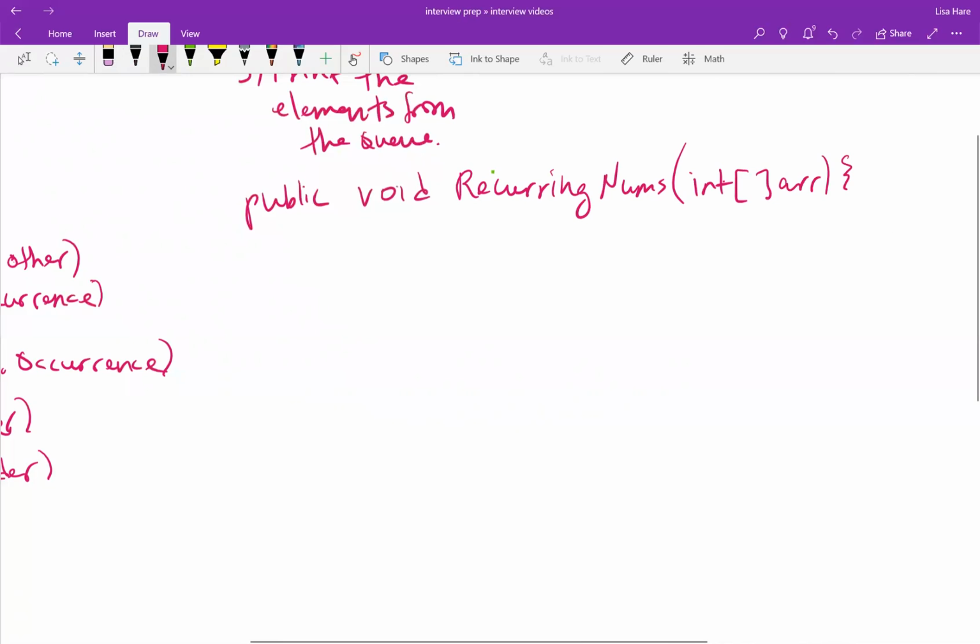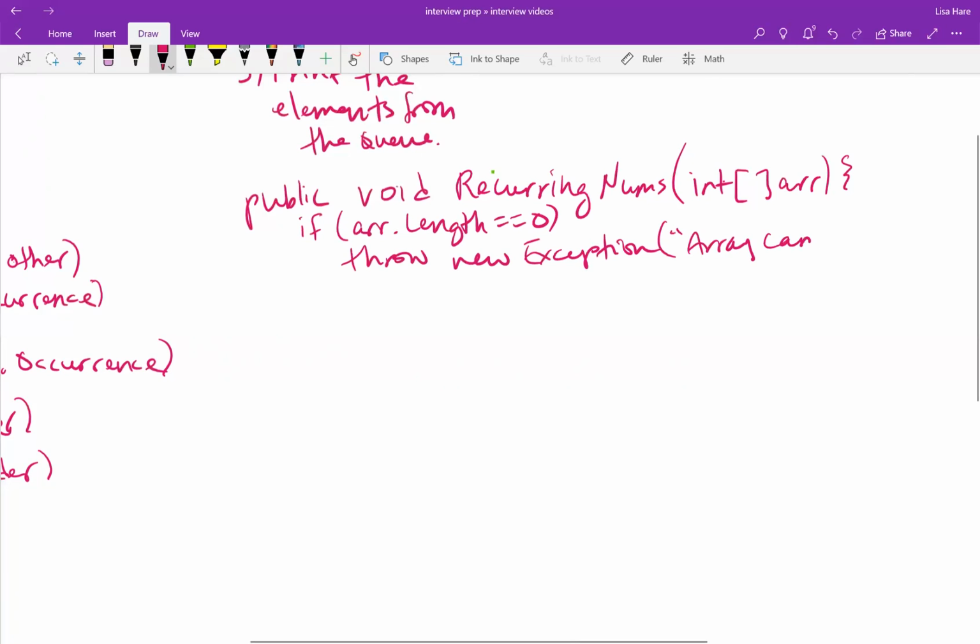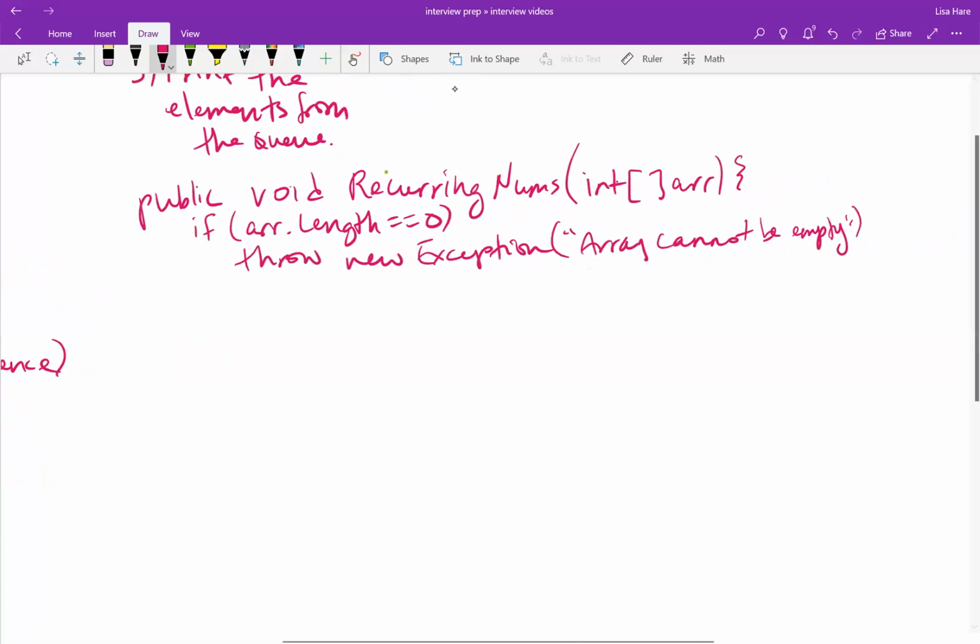And then we first want to check to make sure that our array is not empty, because then we can just throw a new exception: Array cannot be empty. Otherwise,